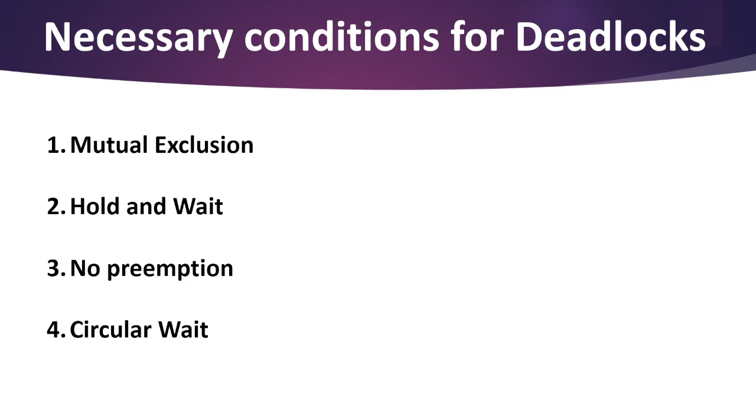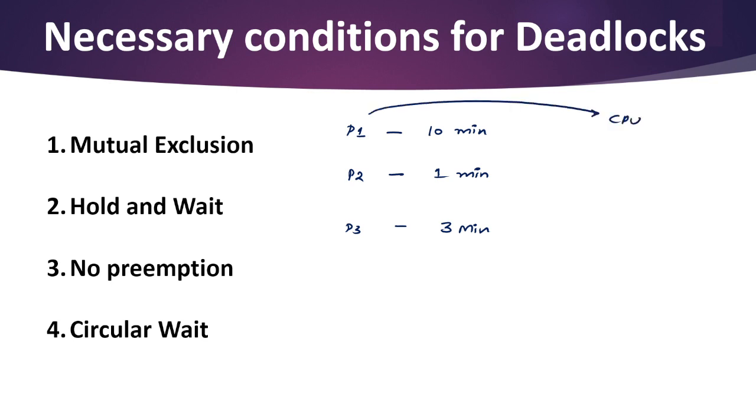Let's take an example here. Process P1, P2 and P3. Process P1 wants CPU for 10 minutes. Process P2 wants CPU just for 1 minute. And P3 wants CPU for 3 minutes. Okay, so at first process P1 is using CPU, right? And here process P2 is saying to CPU that I want CPU just for 1 minute. It is the shortest time. I want it just for 1 minute. But in case of